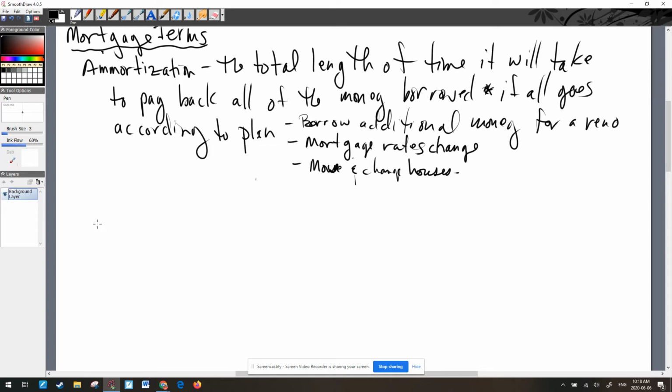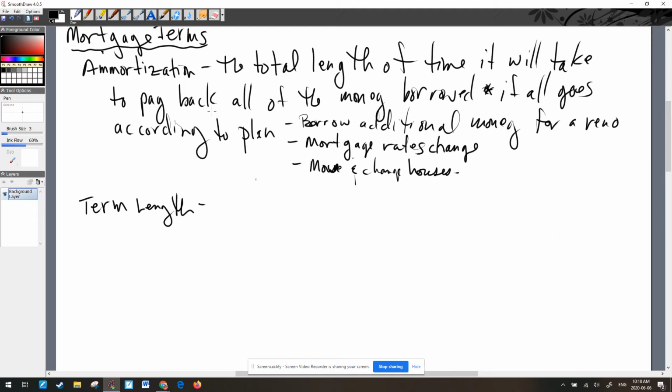Okay, so amortization is, if everything goes according to plan, how long it takes to pay back the entire mortgage. Lovely. And then there is another one, and it's called the term length. So amortization is, from start to finish, how long it takes you to pay back your mortgage, which in Canada, a lot of people go 25 years. Some people do 20 years. But you don't negotiate that length of loan with the bank. The bank is not comfortable with negotiating a loan for that long because they don't know what the financial markets are going to look like.